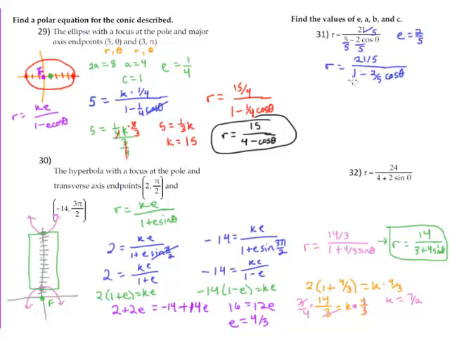That may or may not actually tell us what C and A are. C could be 2, A could be 5, but it could actually end up that it's like 4/10 or something else. So what you should do is go on your calculator, change the mode to polar and radian, and do our original equation, 21 over 5 minus 2 cosine theta. You can do the one we changed if you want to, but I just prefer the original one that has slightly less fractions. When you graph that, you may need to zoom standard to get it to look right, but if you look at that, you should see that we've got